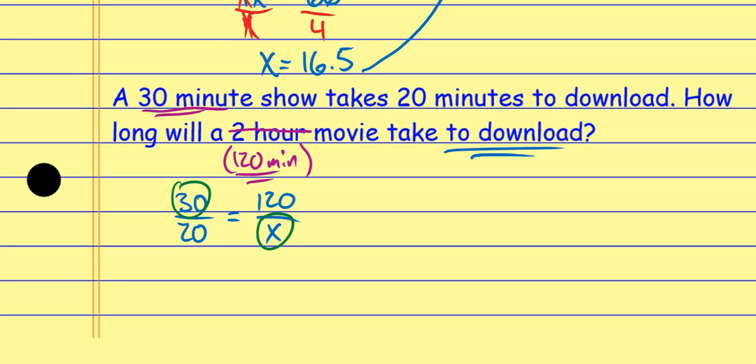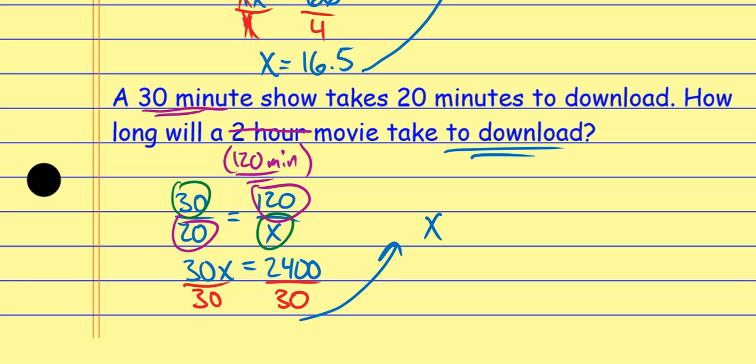Here, 30 times the x is 30x equals 120 times the 20. It's going to be 2,400. And now to solve this, I'm going to divide each side by the 30. And again, use your calculator to help you out with some of this stuff. Now let's see, that's going to be 80. And that's minutes. That's going to be 80 minutes